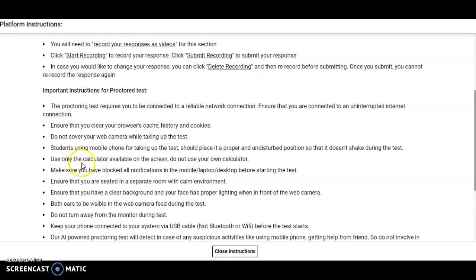Use only the calculator available on the screen. Do not use your own calculator. Make sure you have blocked all notifications on the mobile or laptop or desktop before starting the test.